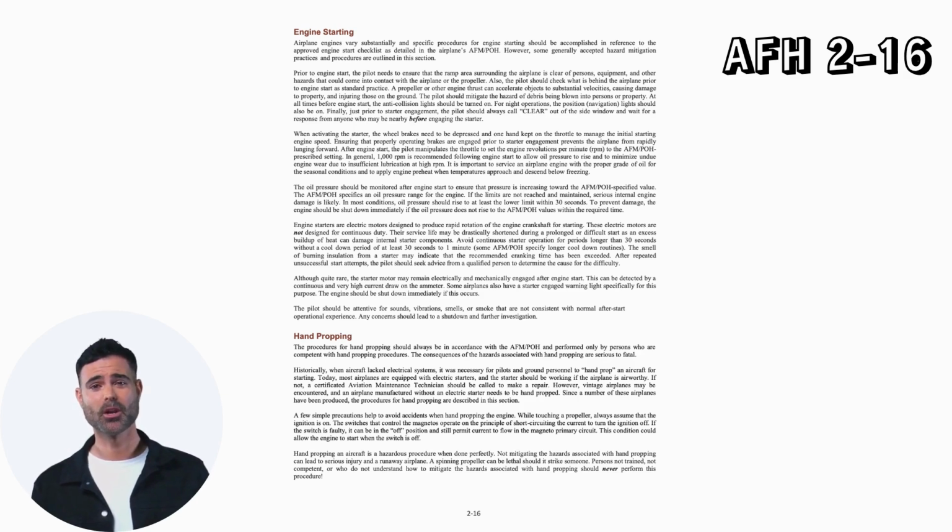Avoid continuous starter operation for periods longer than 30 seconds without a cool-down period of at least 30 seconds to 1 minute. Some AFM/POH specify longer cool-down routines. The smell of burning insulation from a starter may indicate that the recommended cranking time has been exceeded. After repeated unsuccessful start attempts, the pilot should seek advice from a qualified person to determine the cause for the